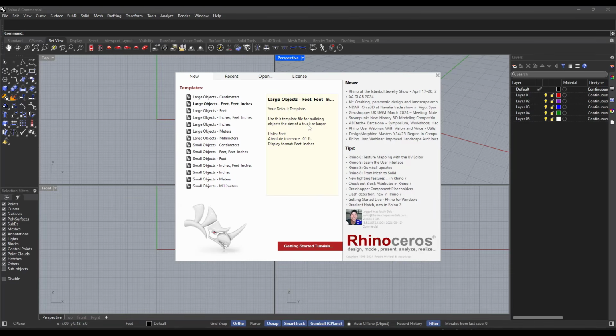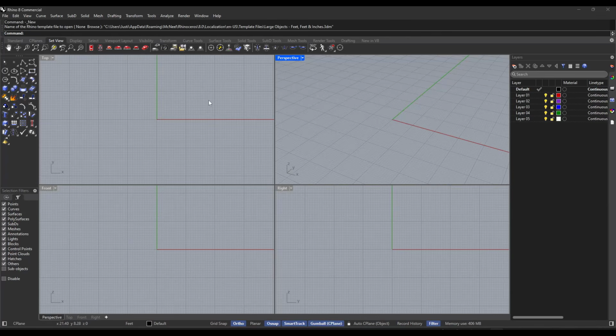kind of the size. So in this case, for building objects the size of a truck or larger, where if you have smaller objects, it says building objects the size of a truck or smaller. So in this case, I'm going to pick large objects, feet and inches. If you use like metric or something like that, you can just pick those units. But I'm going to click on that, and that's going to open up a window, a workspace that we can